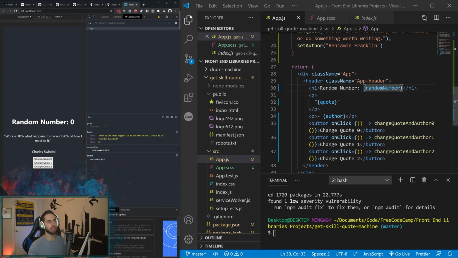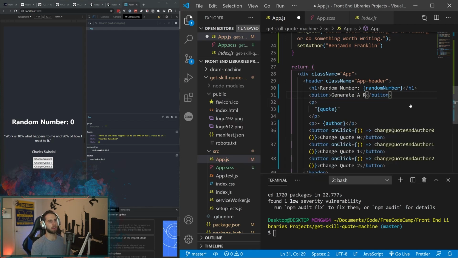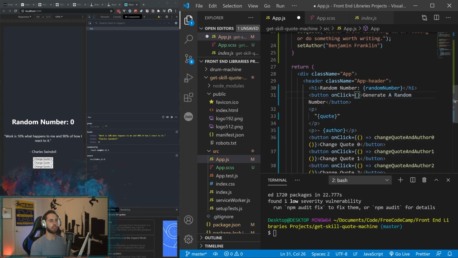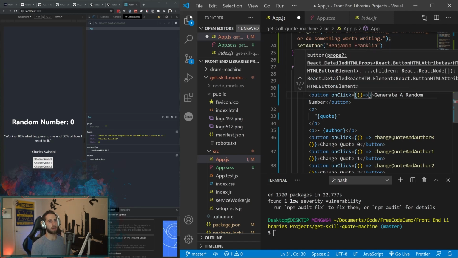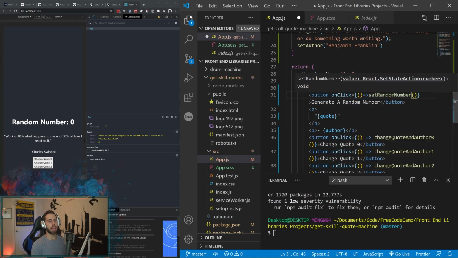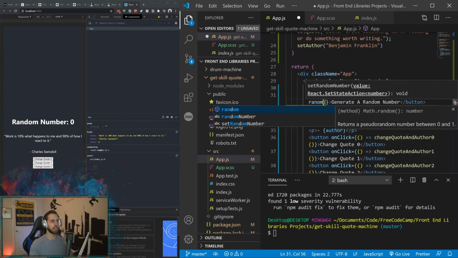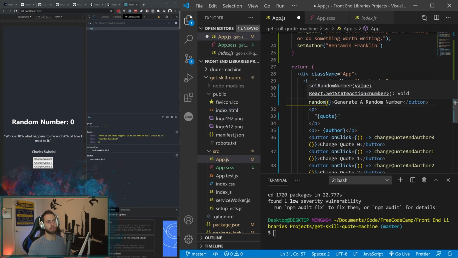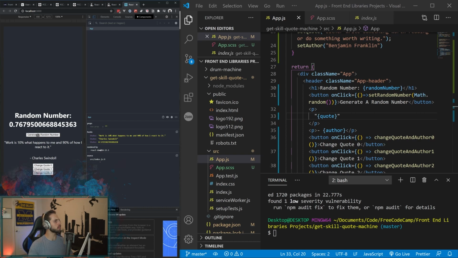And now I need another button below that that says, hey, generate a new random number. Generate a number, and I have this onClick, and I say, hey, when I do this, I want you to execute this function that says set random number to be, and this is just a JavaScript function that you should know, Math.random, and that just gives us a random number right there. Boom. So let's see what happens if we do this now. So I save this, I've got a button, generate a random number, and it does give us a random number,